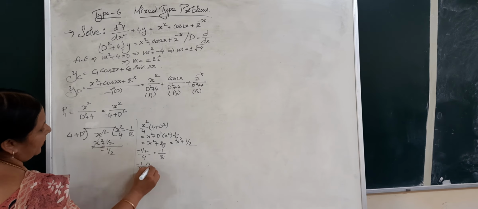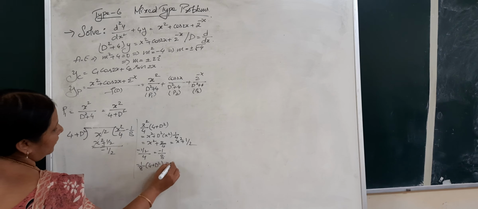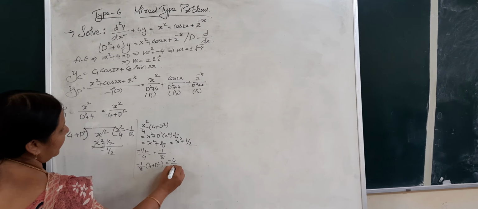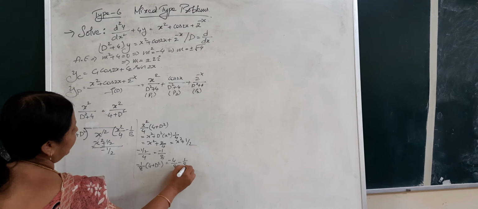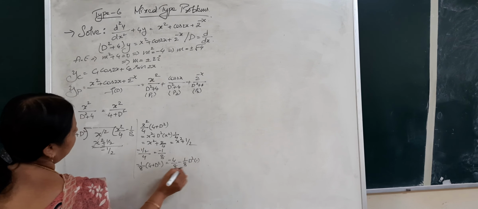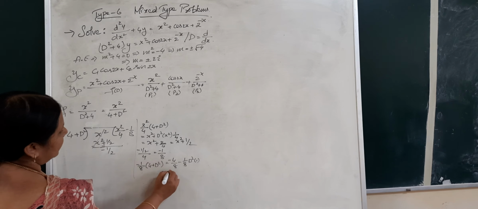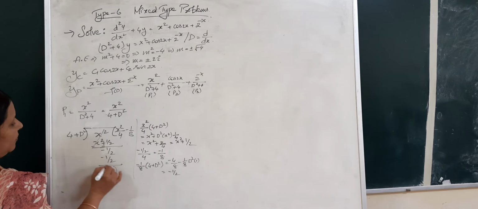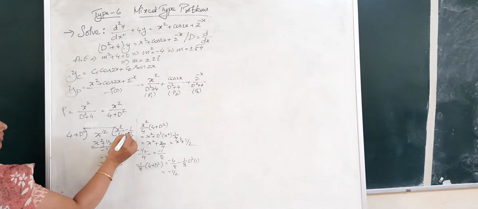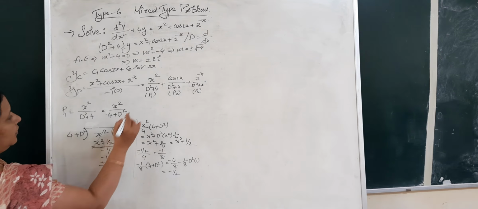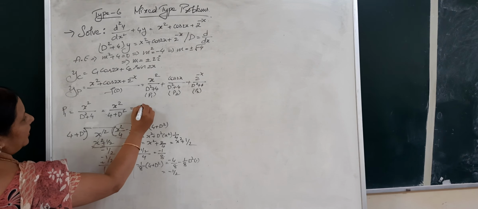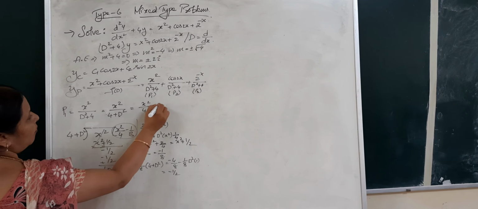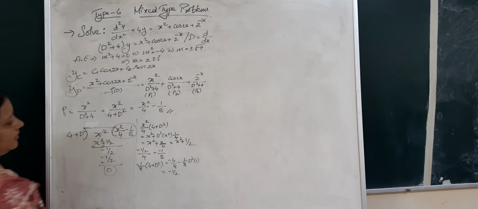Product of minus 1 by 8 with the denominator will be equal to minus 4 by 8, minus 1 by 8 times of that second derivative is going to be 0 because it's a constant, and this will be minus 1 by 2. So you get a minus 1 by 2 anyway. By changing the sign, this gets cut, but this is our quotient. So the first part is equal to x square by 4 minus 1 by 8. That is P1. Got it? So let us see P2 and P3.